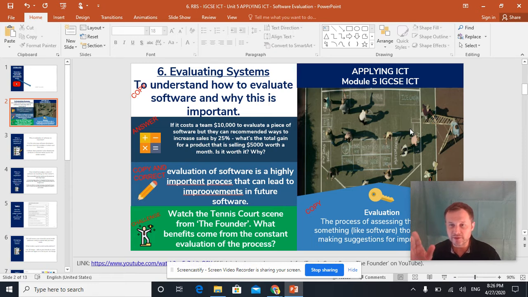If you don't know what's going on in that picture, this is a clip from the movie called The Founder. I don't know when it came out, 2018, maybe 2017. And it's about Ray Kroc, who's the guy that founded the McDonald's Corporation.